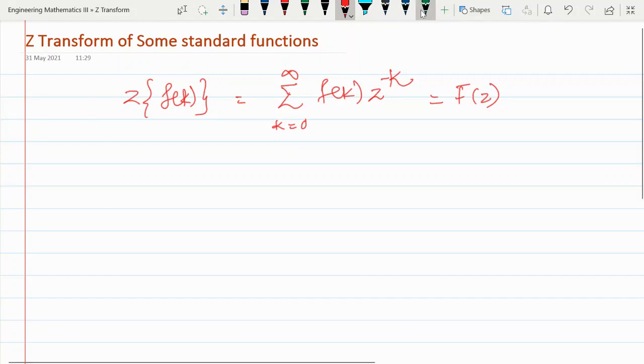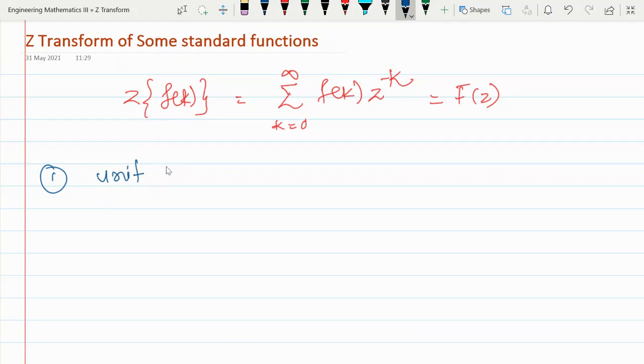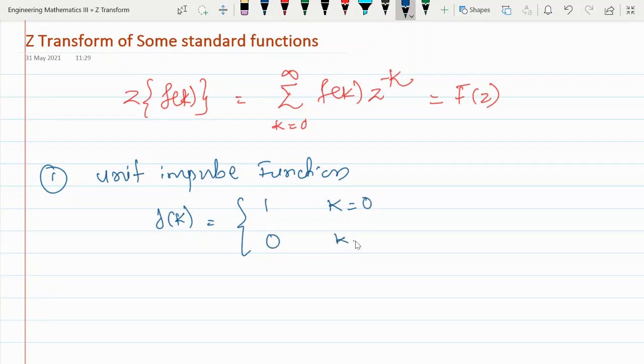Now let us take the first function, the unit impulse function. You may have seen this in Laplace transform. What is the unit impulse function? It is defined as delta k. Its value is 1 for k equal to 0 and its value is 0 for other values of k. Okay, so if we draw the function,